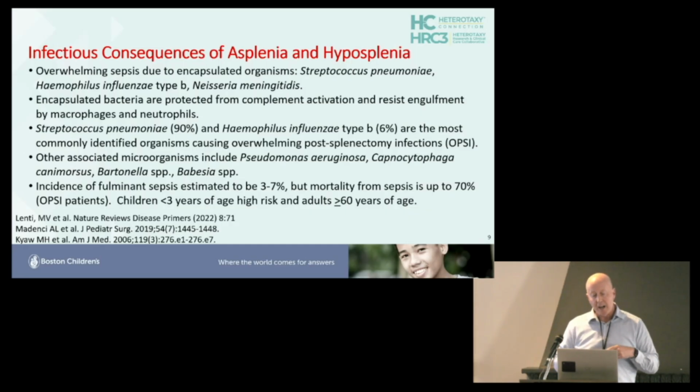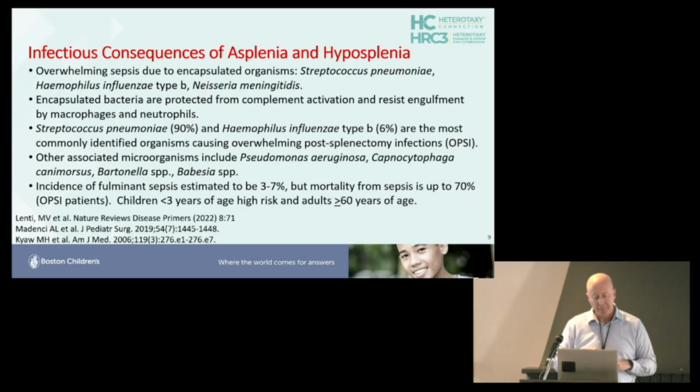Strep pneumoniae accounts for 90% of overwhelming sepsis in these patients, followed by Haemophilus influenzae type B. But there are other microorganisms that are also dangerous to these patients, including Pseudomonas, Capnocytophaga, and Bartonella. It's important for families to understand that Capnocytophaga and Bartonella are part of the oral flora of dogs and cats. So having pets in the home does put them at somewhat higher risk. If they get bitten by the pet, they need to seek medical attention very quickly